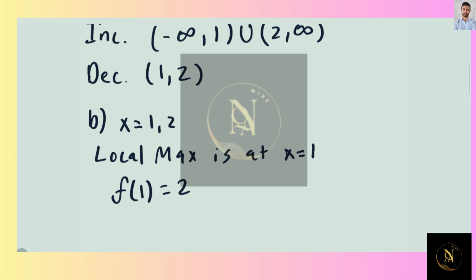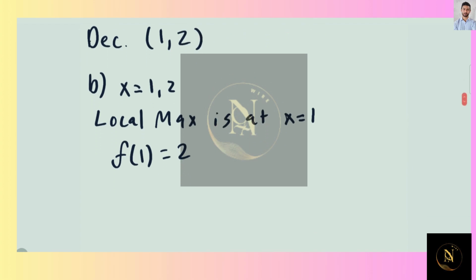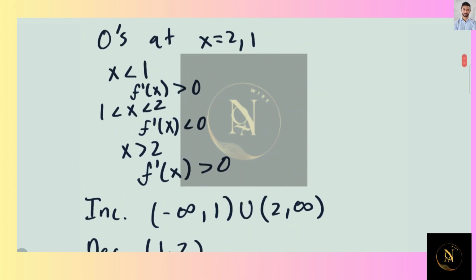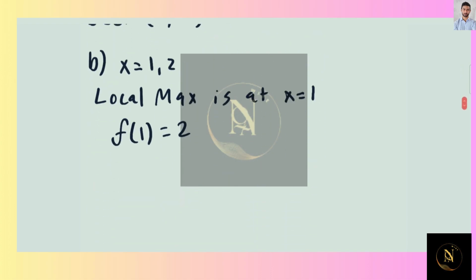This is equal to 2. So we have a max at the point (1, 2). And now if we look at x equals 2, our derivative was negative for values less than 2 but greater than 1, and then our derivative was positive for values greater than 2. So we're going from decreasing to increasing slope, or from negative to positive values of our derivative, which means this is a local minimum. So local min